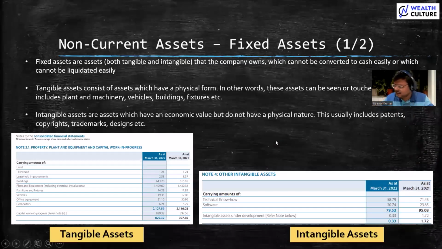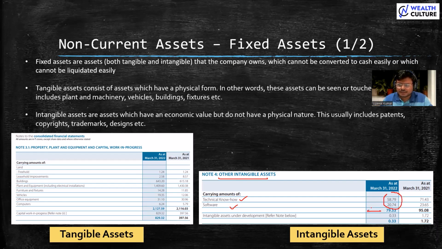Now, the same thing can be looked at from the other intangible assets point of view. Just let me go back. Yeah. So other intangible assets, we have software, technical know-how. These things also have some sort of value. So for example, this is valued at around 79.53 crores. And there is more of it coming in intangible assets under development. This is 0.33 crores. As we discussed last time also, for a software company, this number has to be relatively higher. So do check out companies like